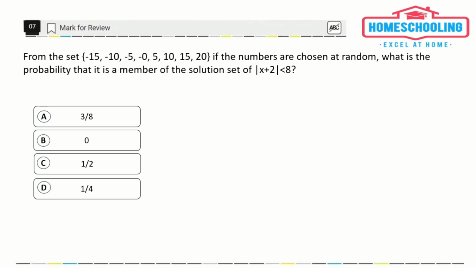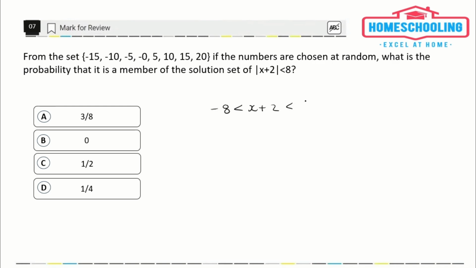Question number 7. From the set -15, -10, -5, 0, 5, 10, 15, 20, if a number is chosen at random, what is the probability that it is a member of the solution set of mod x plus 2 is less than 8? So we have already read how to solve these mods and linear equations, in which we have read about inequality. So what we're going to do here is, if you shift this mod to the other side, then x plus 2 would be